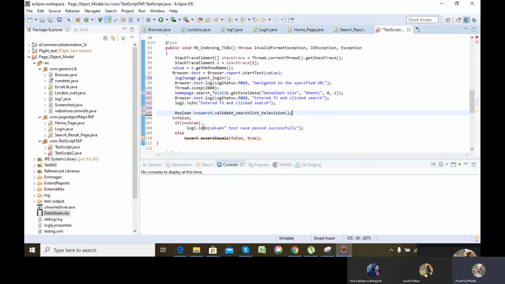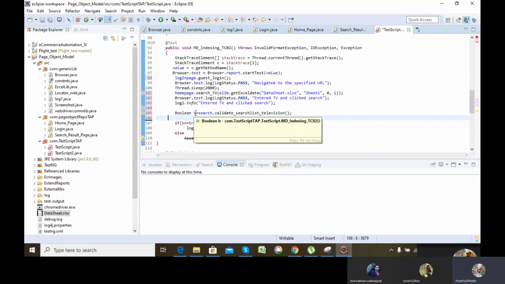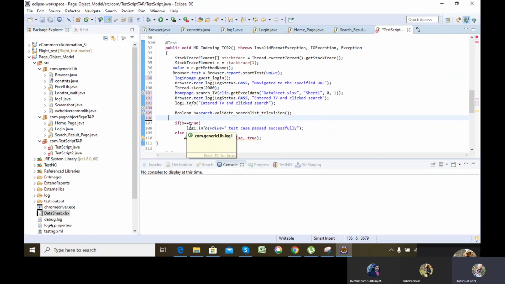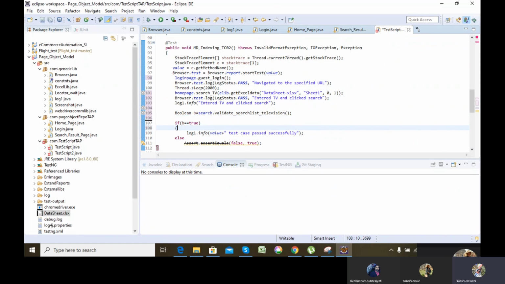So I can take a value B as true or false. If B is equal to true, it will log here that yes, the test is passed successfully. Else it will log test case failed. This is for logging purposes. I can also use it in the extent report.